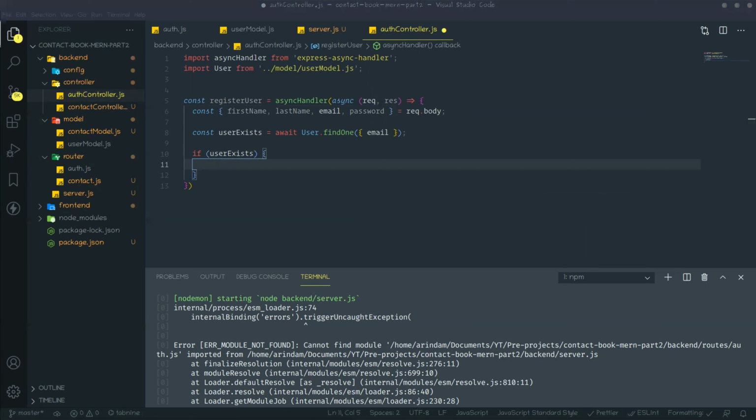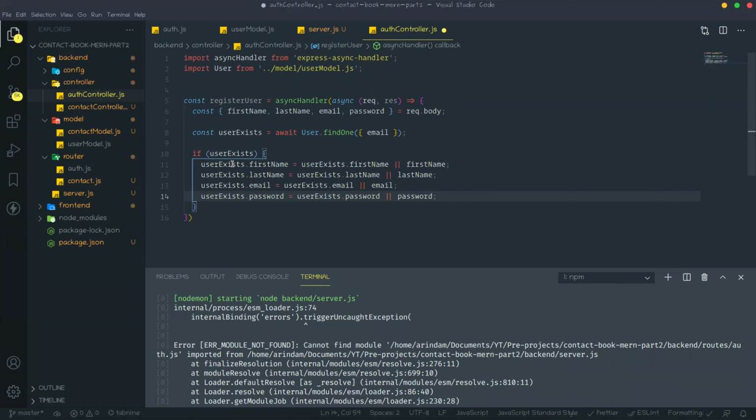So if userExists.firstName... sorry, we need to check if that first name is there, then go for first name, if not then just take the existing one, same way for the others.